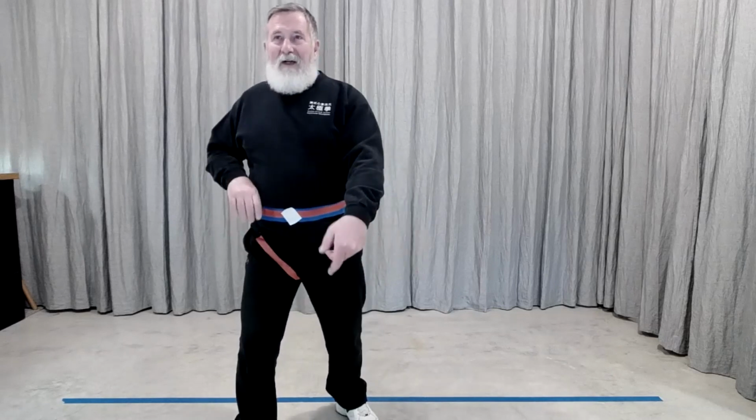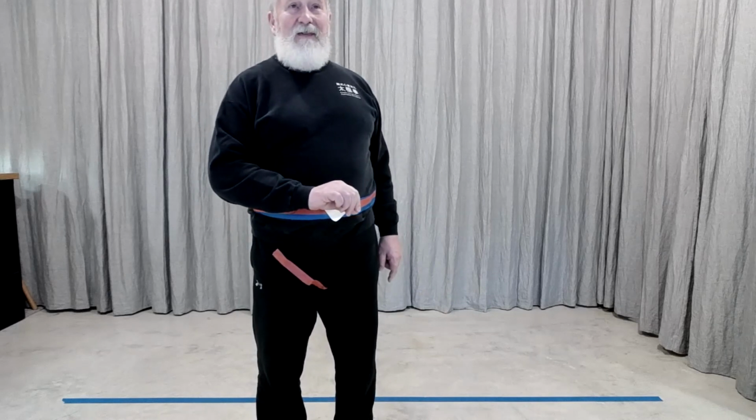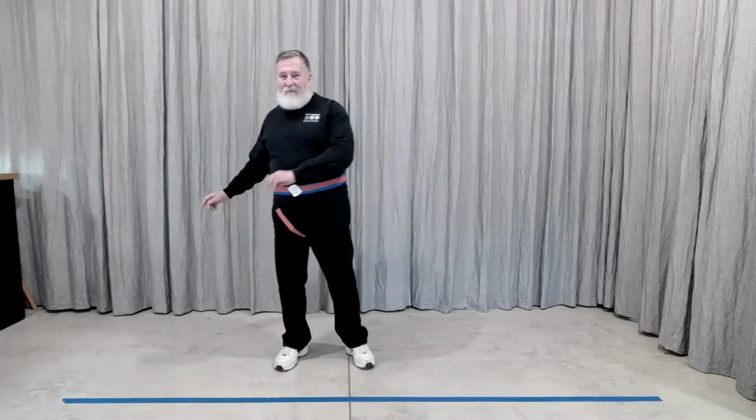All right? Contract, all right? Contract, expand. Contract and expand. Contraction is yin. Expansion is yang. They always go together. You can't have just contraction. It's not possible. There also has to be expansion. You can't just have expansion. You have to have contraction. They always go together. So this movement here